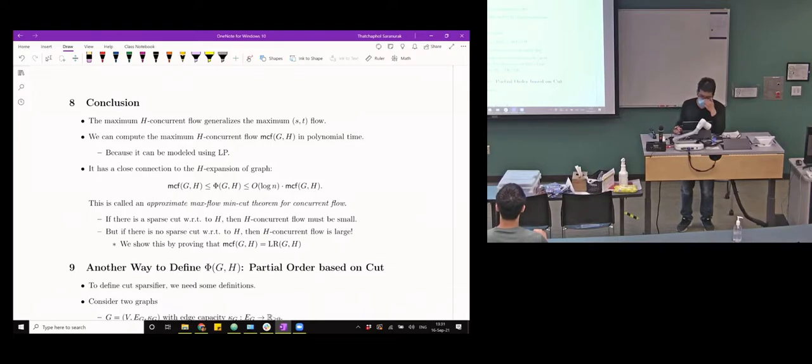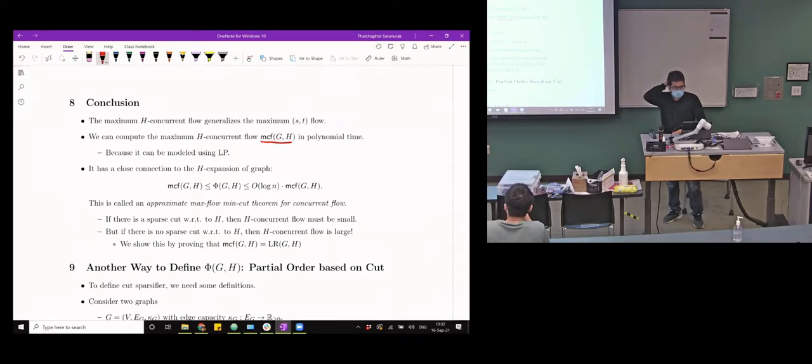And let's say that this thing, MCF, is the maximum concurrent flow for H concurrent flow. Now I also have defined this kind of order with respect to flow